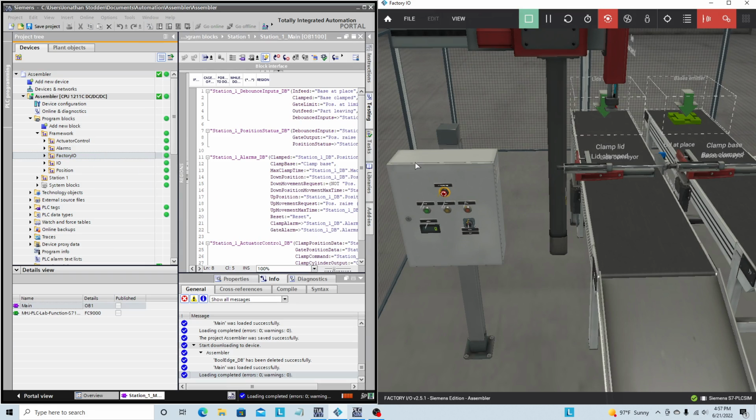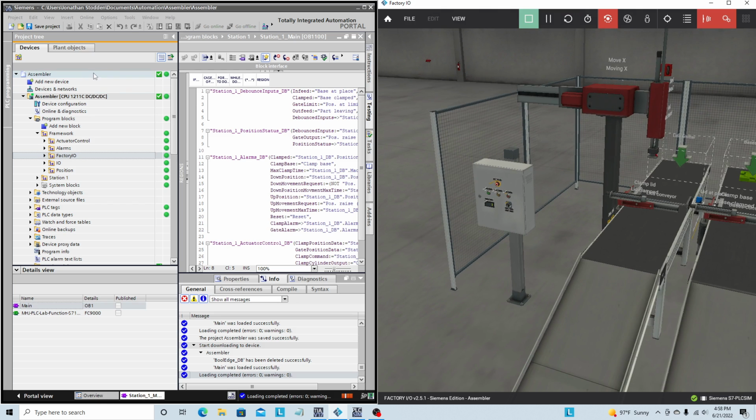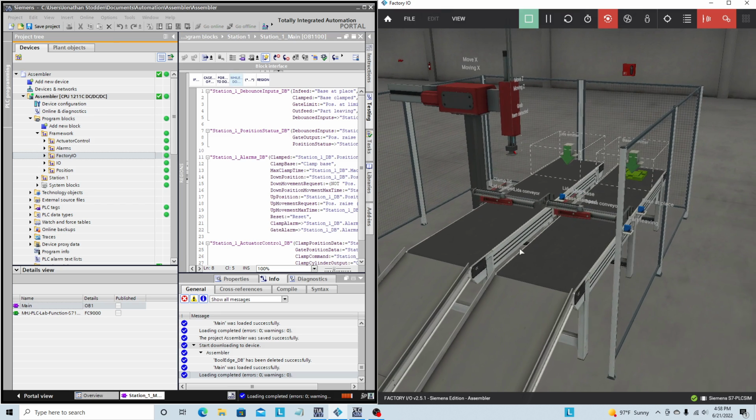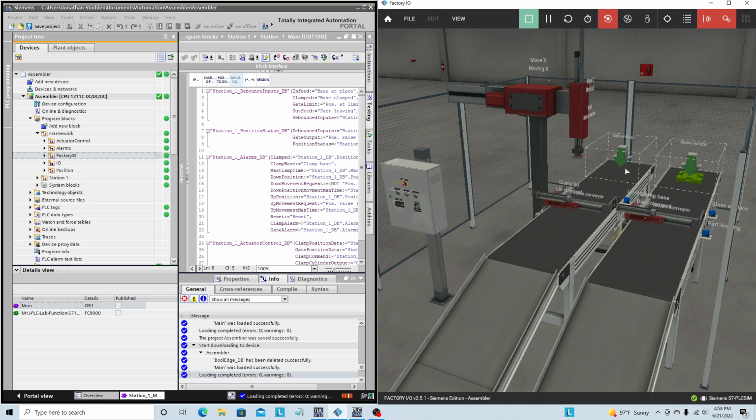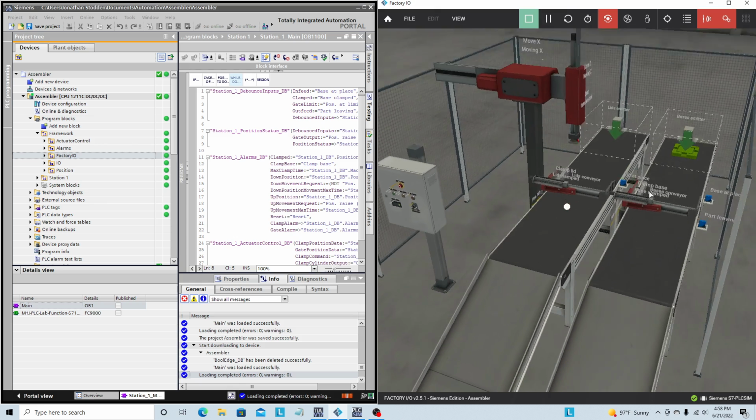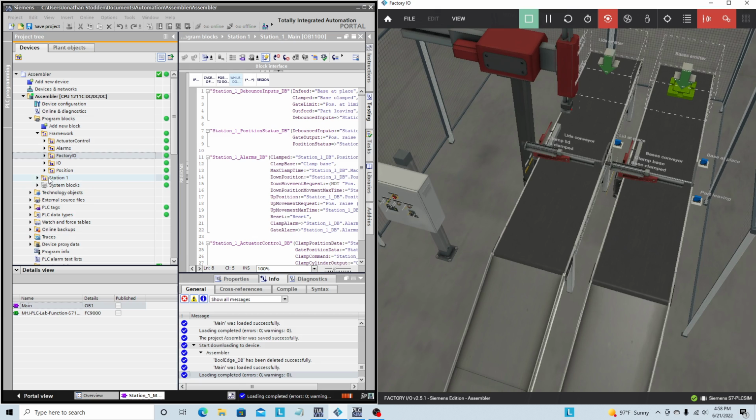Alright, this is this SCL example we're using, TIA Portal version 17, and we are using FactoryIO, doing the assembler project. Got a couple of these YouTube videos we've been working on. Last week we did control for the pneumatic cylinder here for the part locator, and the idea was